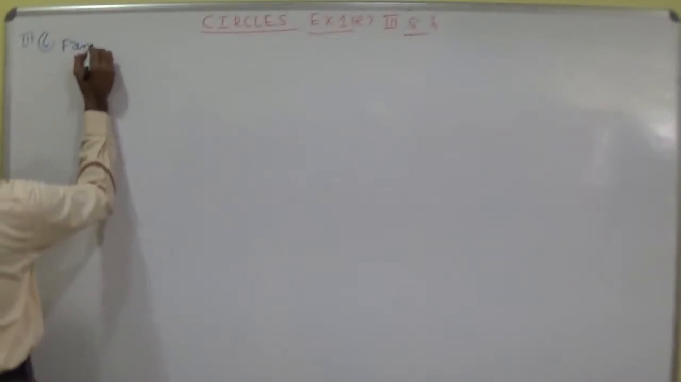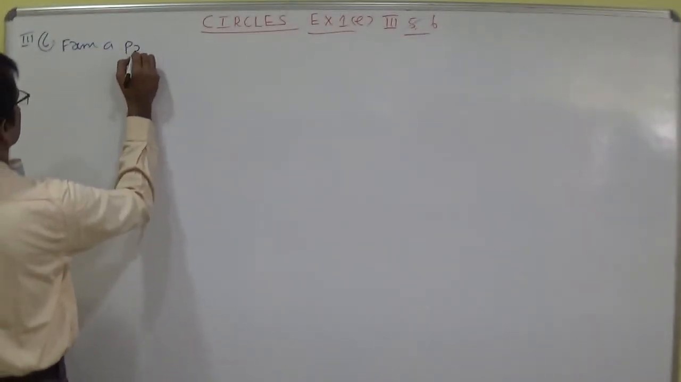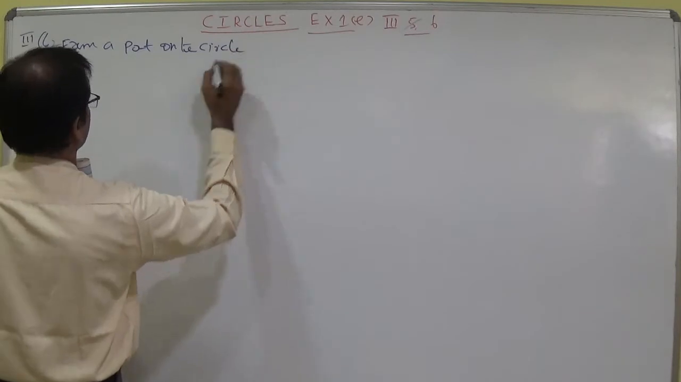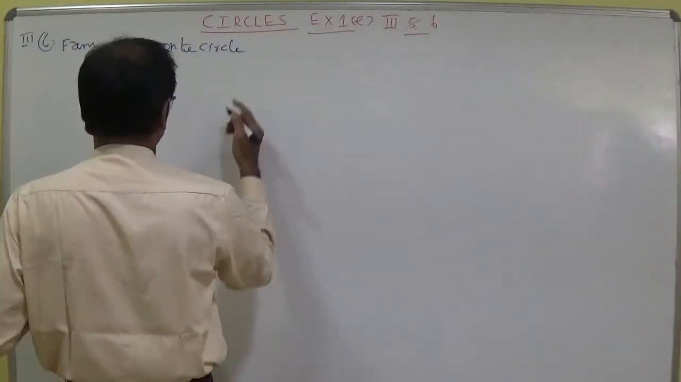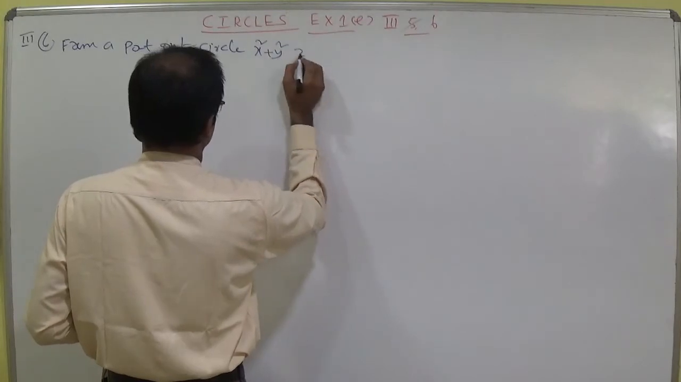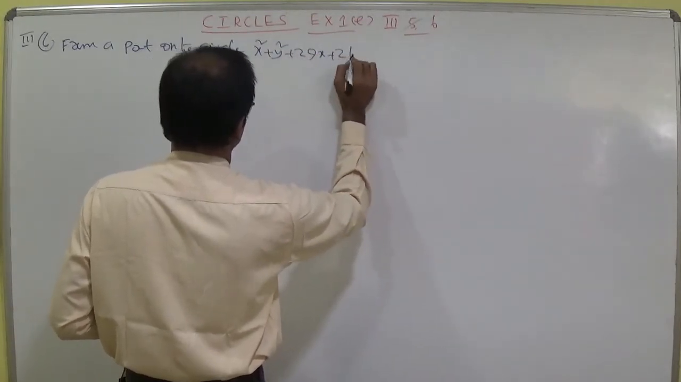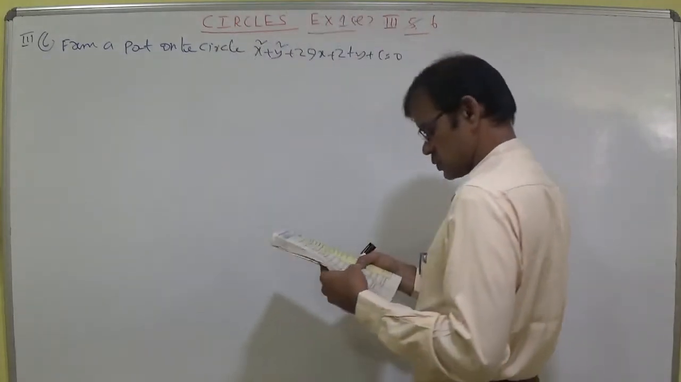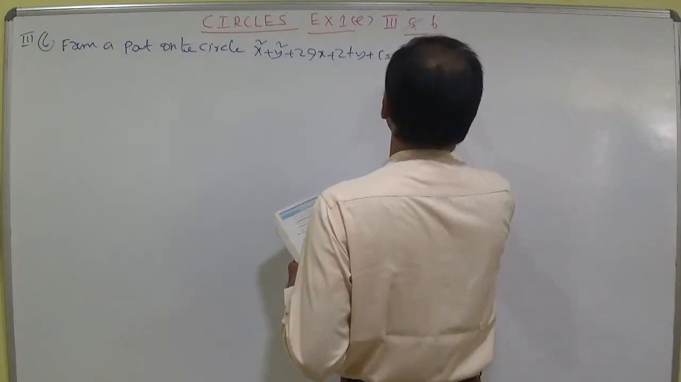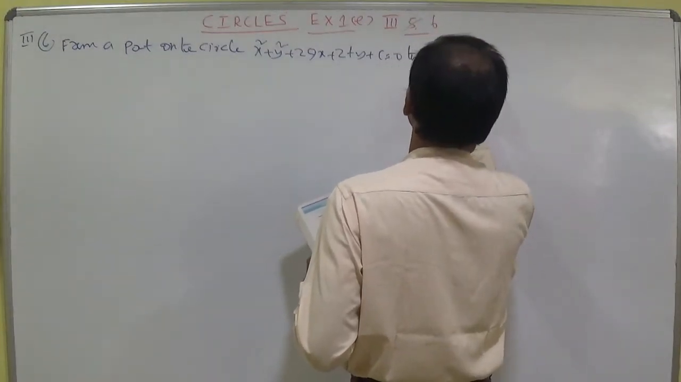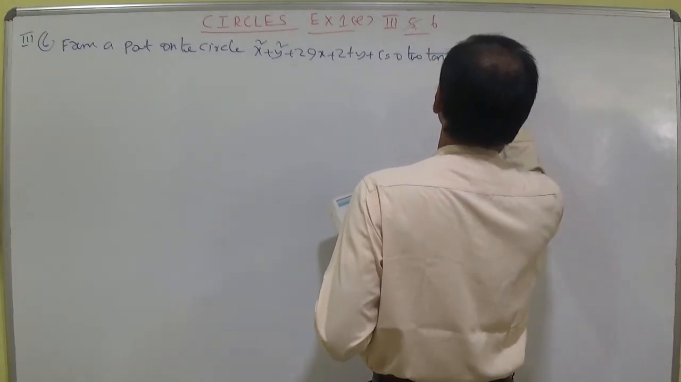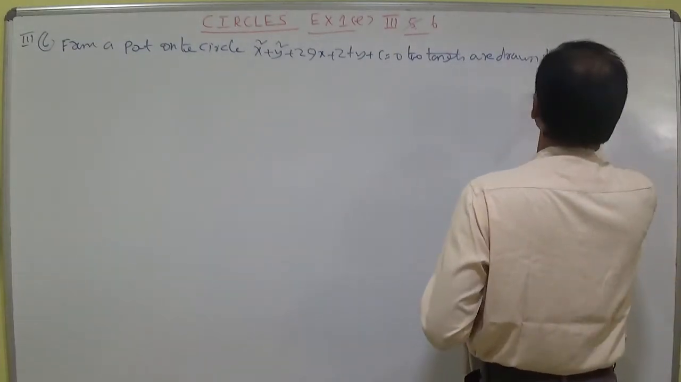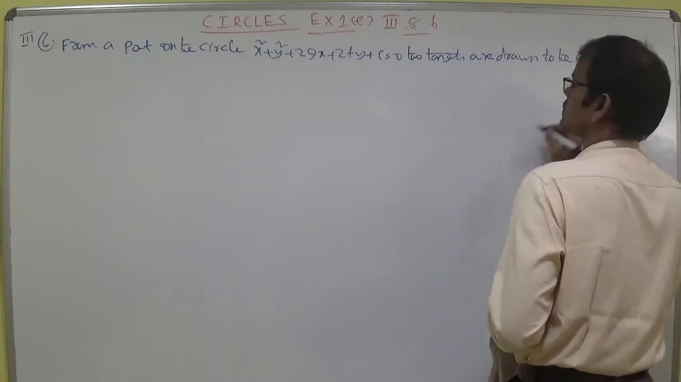From a point on the circle x square plus y square plus 2gx plus 2fy plus c equal to 0, two tangents are drawn to the circle